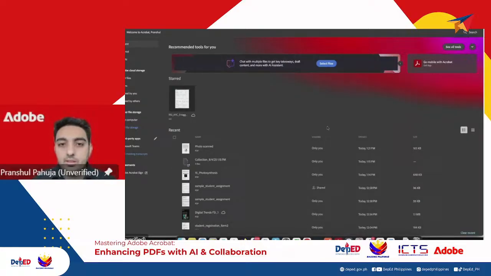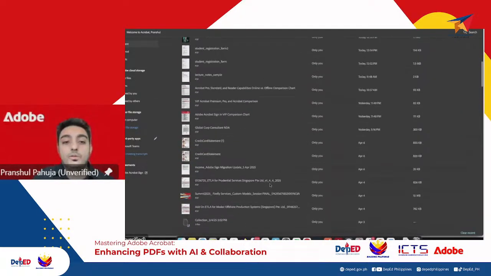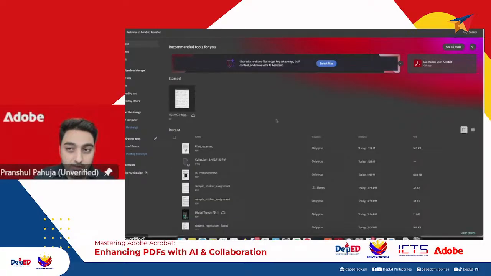Okay, so now I have logged into Adobe Acrobat. On the left side, you will see some of the storage areas. That is how you could be accessing the documents. You could be fetching them from your cloud storage if you have connected it. If you're working only with your system, you'll see your computer linked with it. If you have documents on your system, you can just pick them up and start working on them. Additionally, if you have connected any third-party apps, those will be shown on the left. Any recent documents which you have worked on will be highlighted here in the recent section.